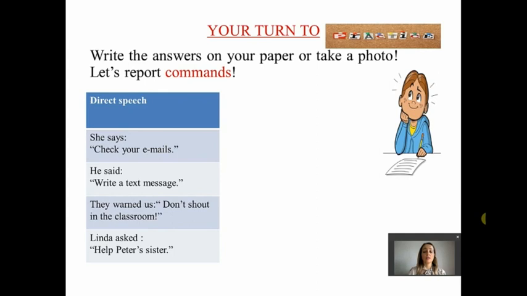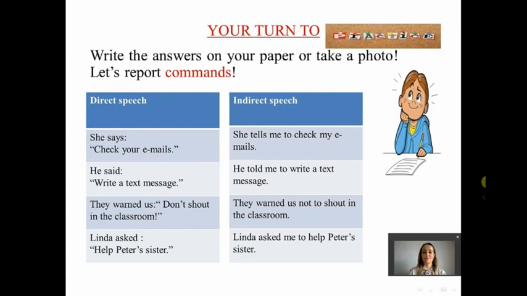Well done, students. Let's check the examples. As you can see, it wasn't difficult. Am I right? Okay, let's check it.